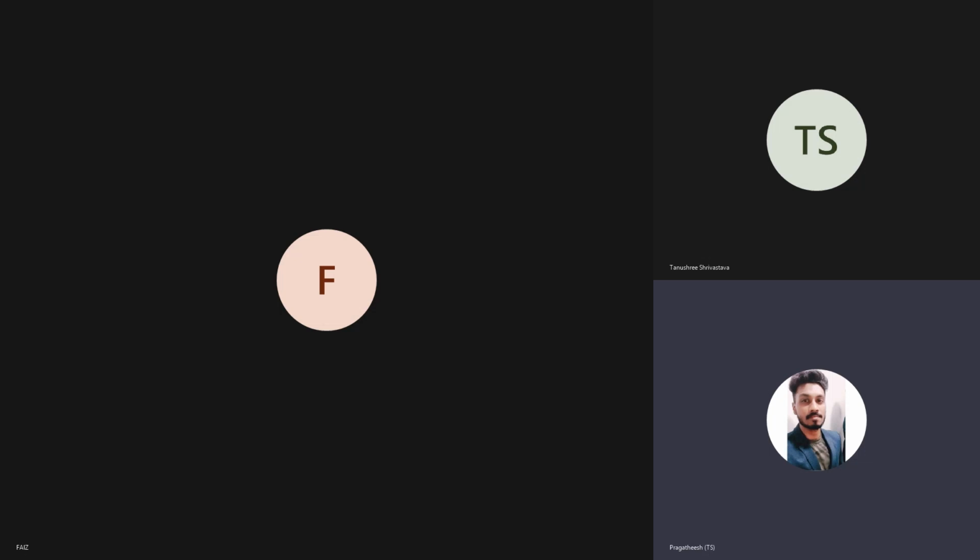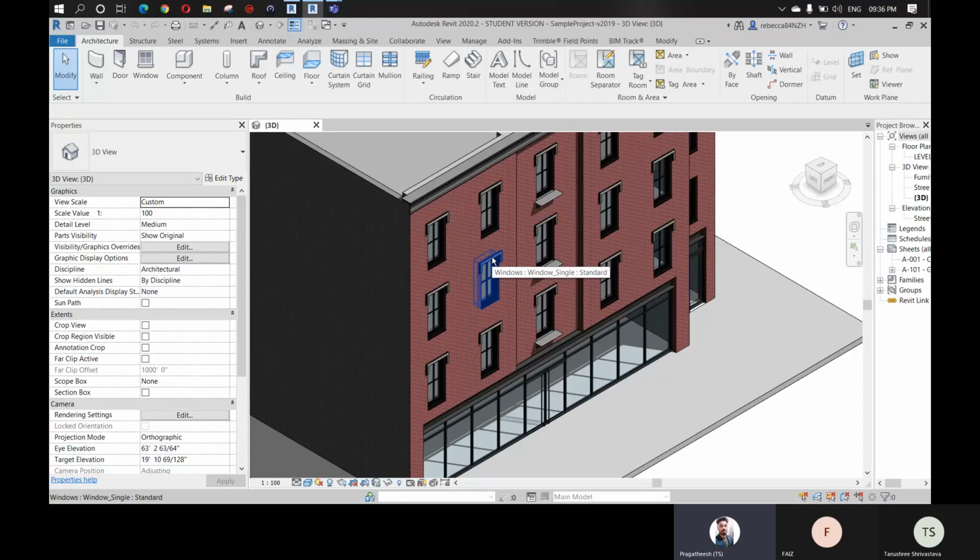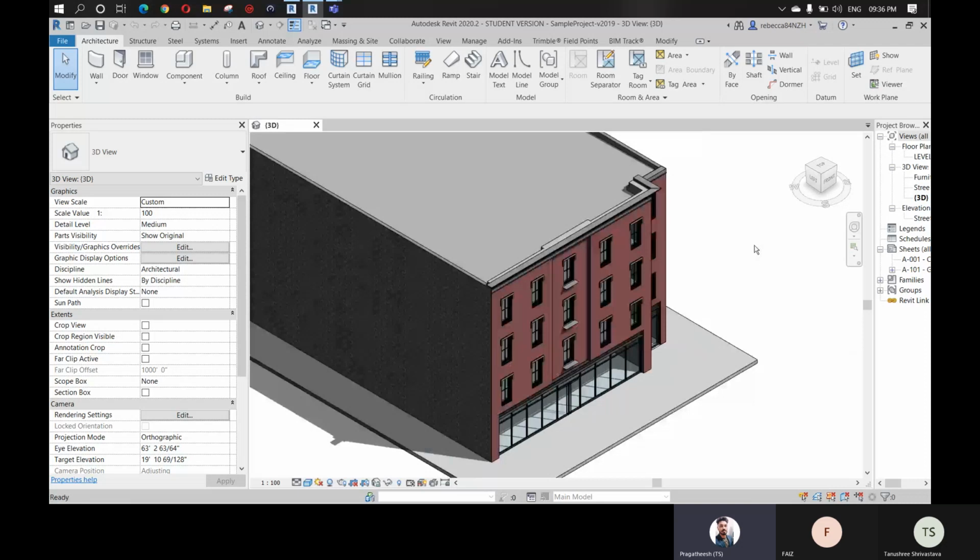So in last class, we saw how to create some surface and how to export them into an SAT and ACIS file, right? So in today's class, let's see how to link a Dynamo-driven SAT into Revit. For this example, we will bring that SAT back into Revit and use it as a surface to host a roof family as a canopy for the front entry of this building. So let's start.